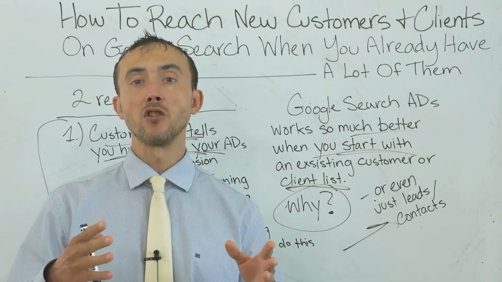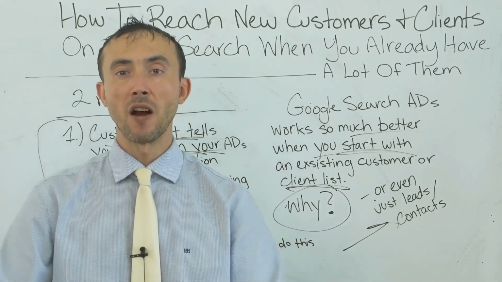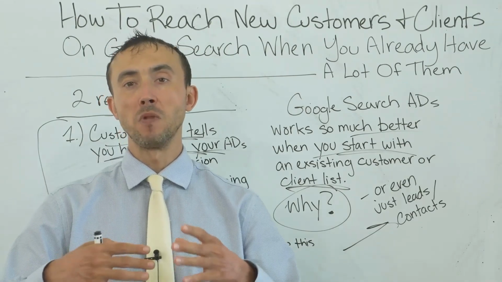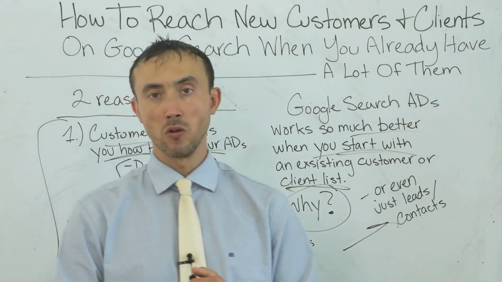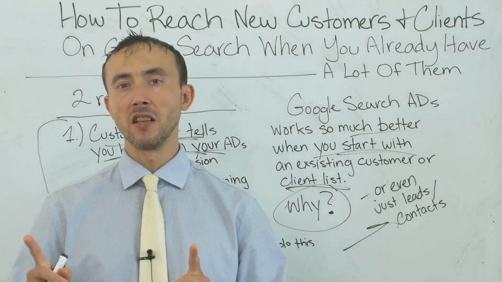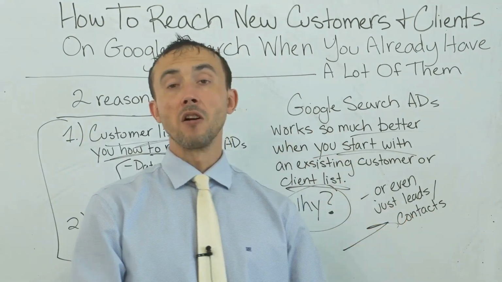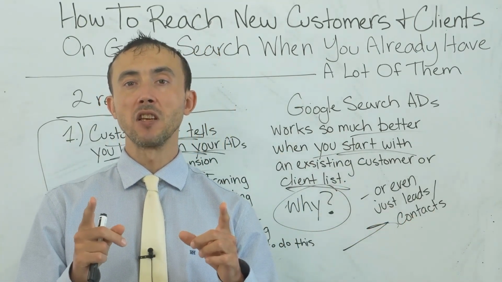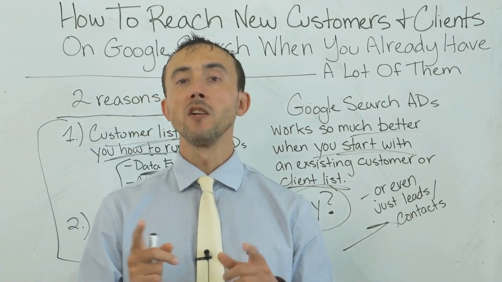They also try to show people's ads that do a good job with their advertisers to encourage them to stick around, which means your conversion rate is higher if you're on Google's good side. You can take the customer list that you have and upload it to Google. There are systems going to look at the customer list that you have and use it to make quicker decisions